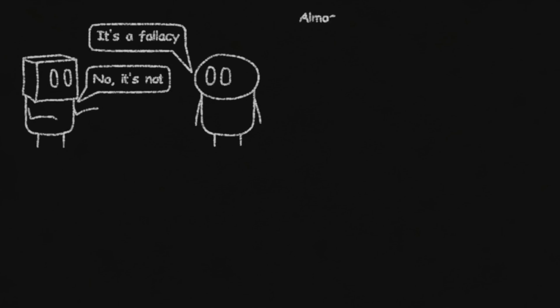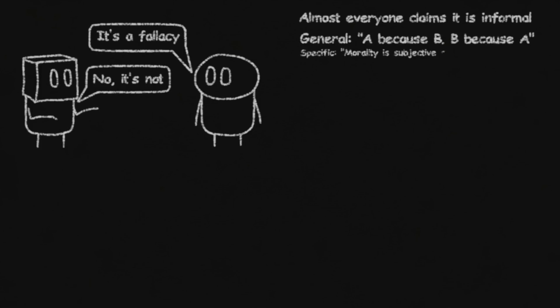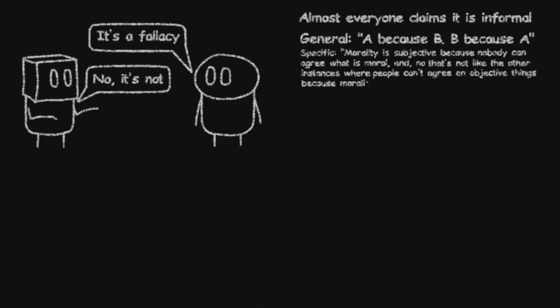As far as I'm aware, nobody claims that circular reasoning is a formal fallacy, which honestly may seem a bit strange. And I think that only helps to lend credence to my conclusion. You would think that an alleged fallacy that can be formalized as generally as circular reasoning would be a formal fallacy. After all, we don't need to know the content of A or B to say that B because A because B is an example of circular reasoning.